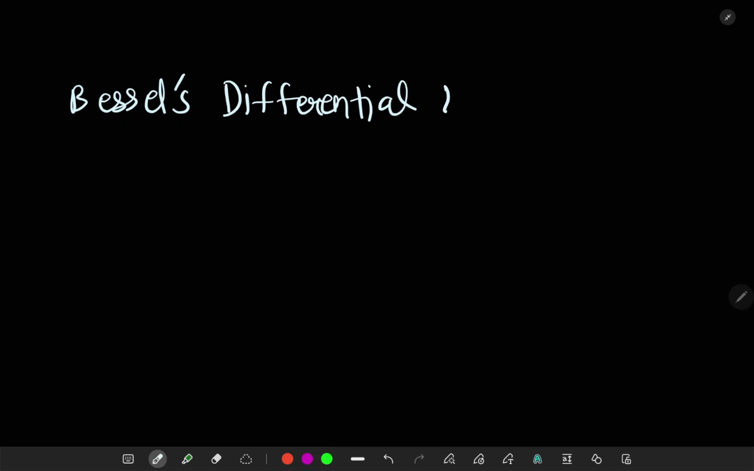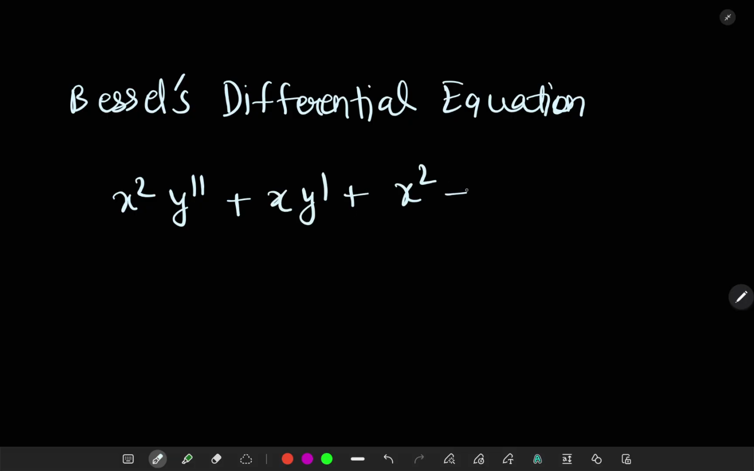Now another topic is Bessel differential equation. x squared y double dash plus x y dash plus (x squared minus n squared) y equals 0. Using Fourier's method of power series, we can solve this Bessel differential equation,